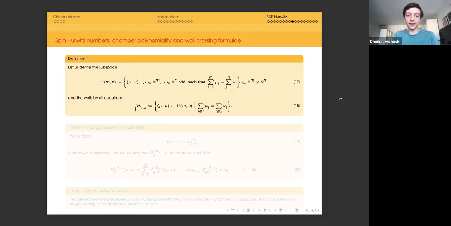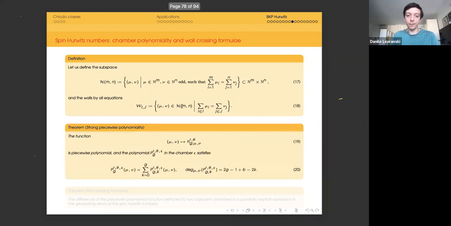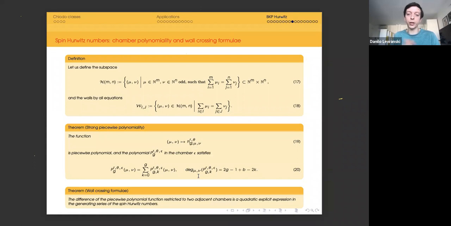What happens is that inside each chamber, which is defined by the complement of the walls, there is a polynomial that gives you the Hurwitz numbers. So the function that associates to mu and nu the Hurwitz number of the spin type is piecewise polynomial. And in each chamber, you have an explicit degree decomposition, and you see that many degrees die and only those ones survive. Moreover, if you have two chambers which are adjacent, so close to each other, and they are only